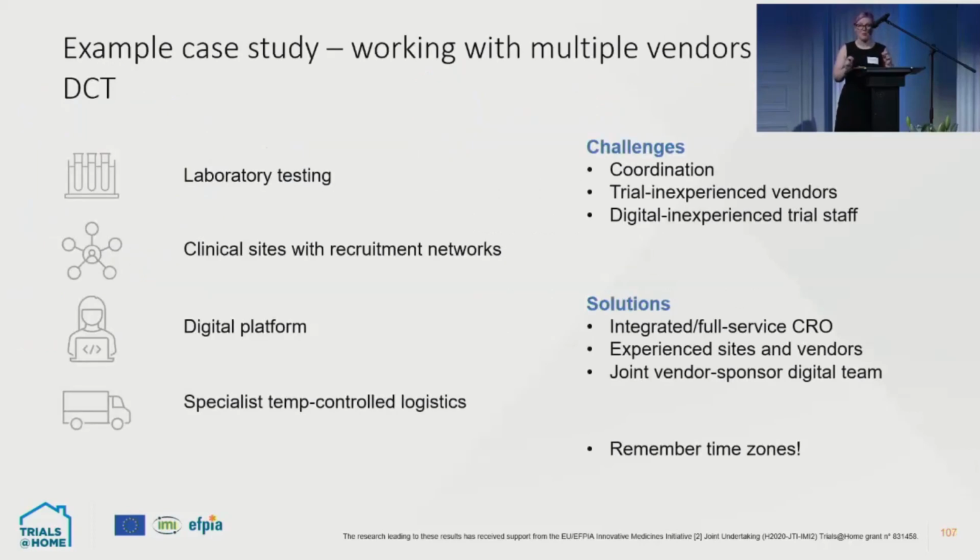Some vendors will not be as familiar with DCT methods as we might expect. Some vendors, for example, technology vendors, may not be aware of clinical trials at all. They may not be aware of the clinical trial legislation. In this example,